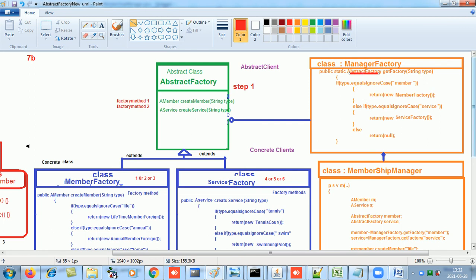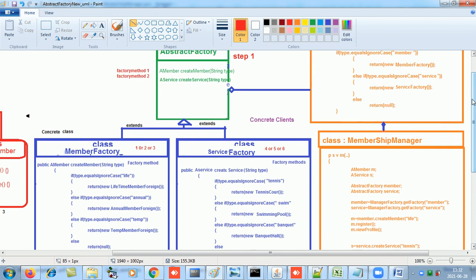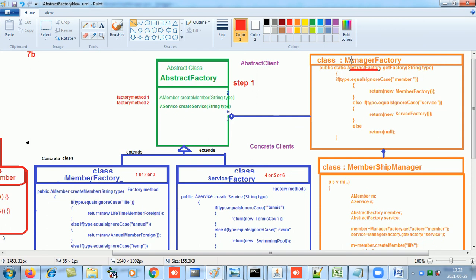Okay, and now my main, the membership manager, the client program you call it, will first call manager factory dot get factory. As it is a static method, I can directly call it using the class name. So if I pass member to it, it will return me an object of which factory? Member factory. Member factory is of what type? Abstract factory. So on the LHS I have member, which is of type abstract factory.